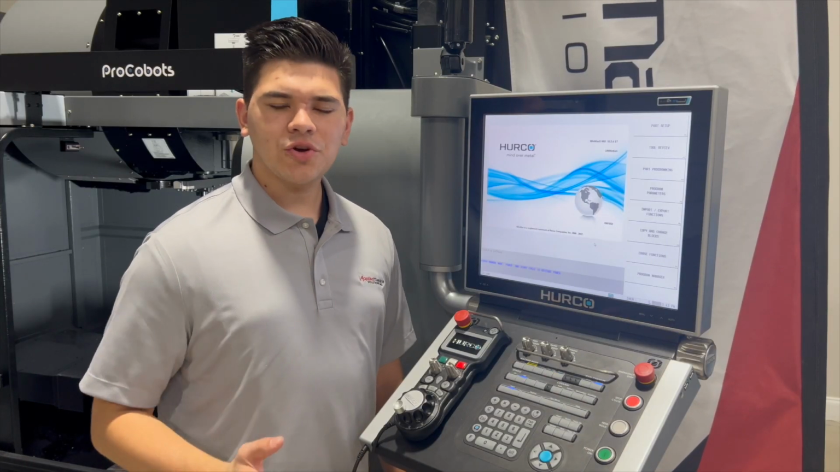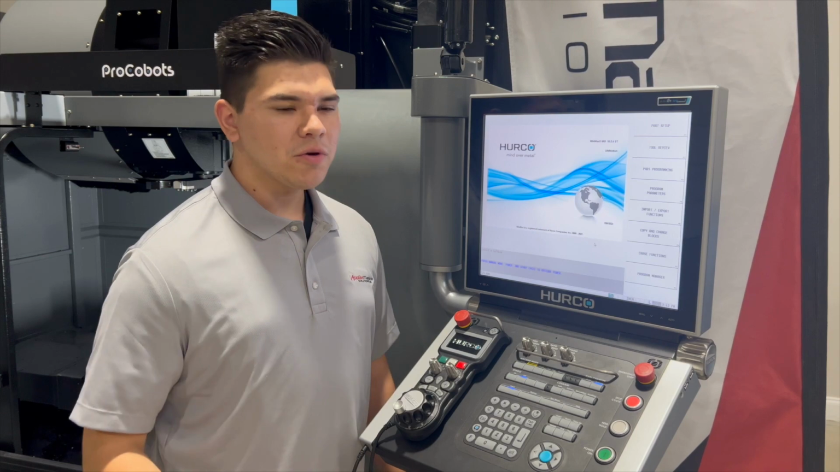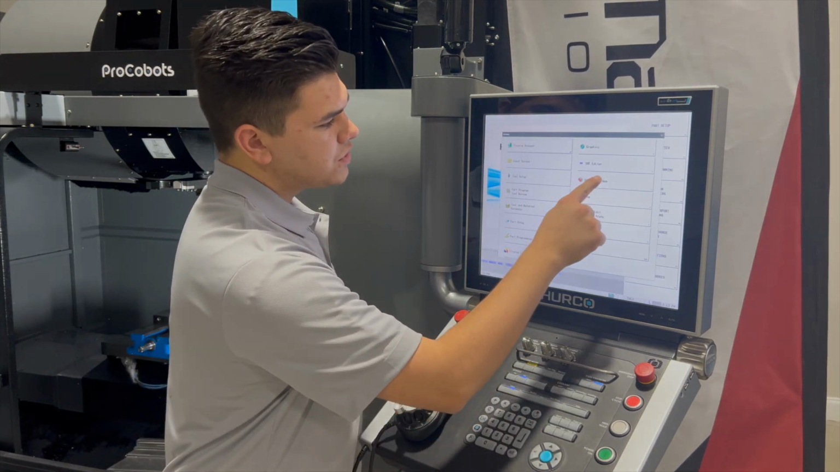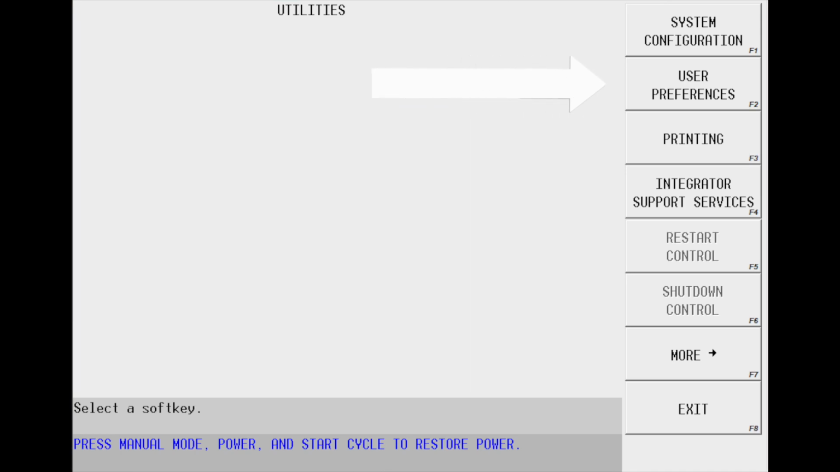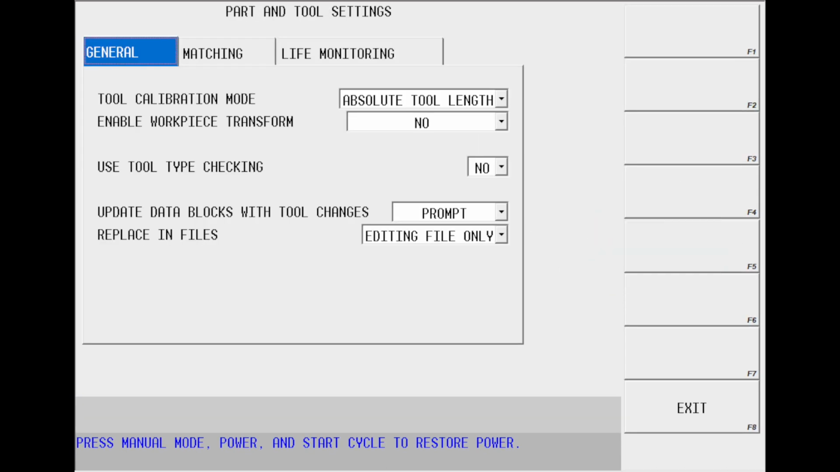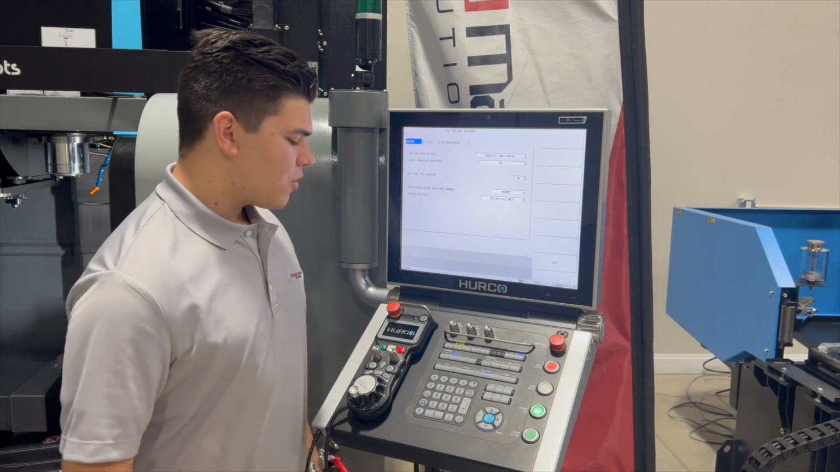First, let's make sure your Hurco's in the right mode. To confirm that, go Aux menu, Utility screen, User Preferences, Tool and Part Settings. And as you can see at the top, it says absolute tool length, so that means you're all set to go. Now let's go Input,